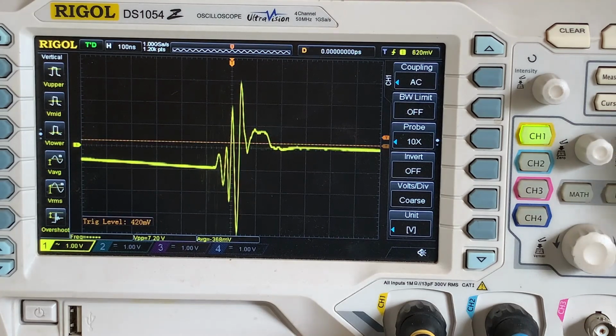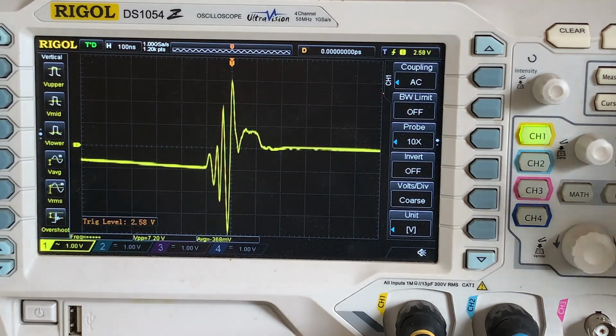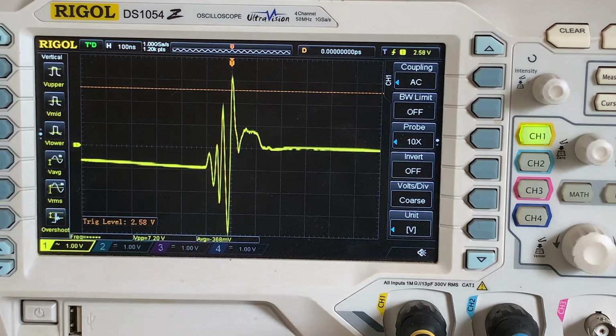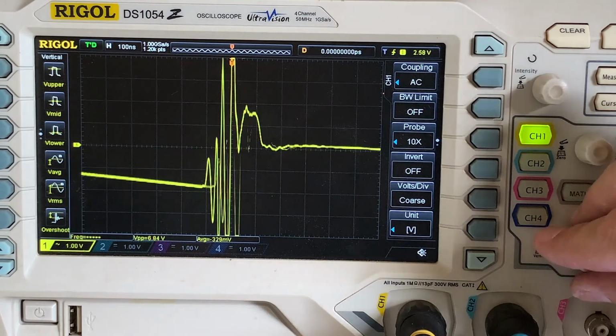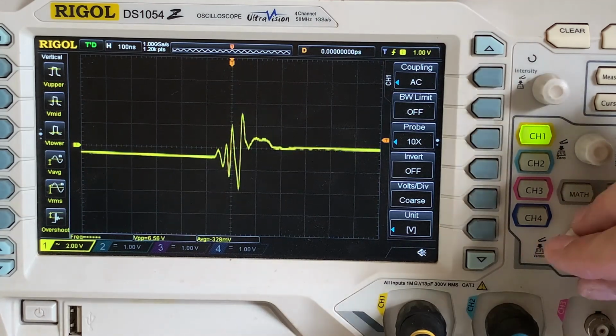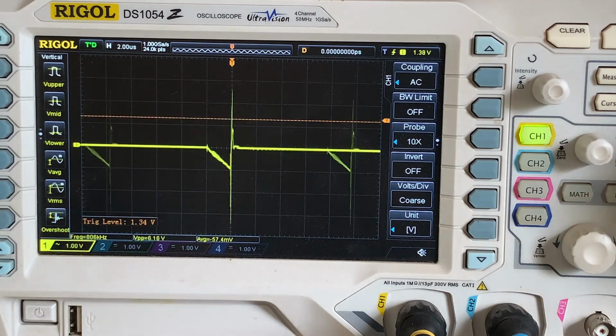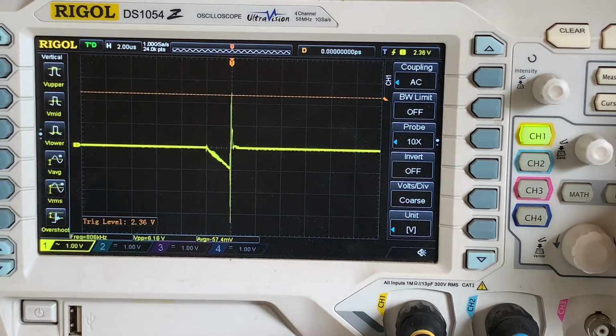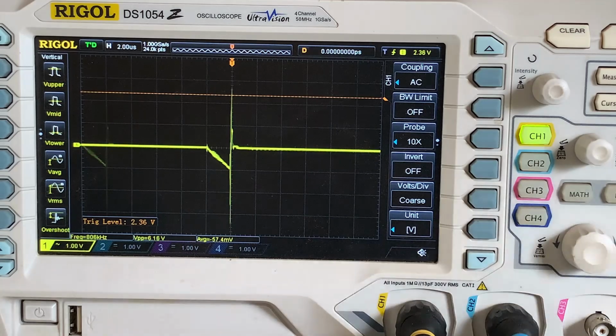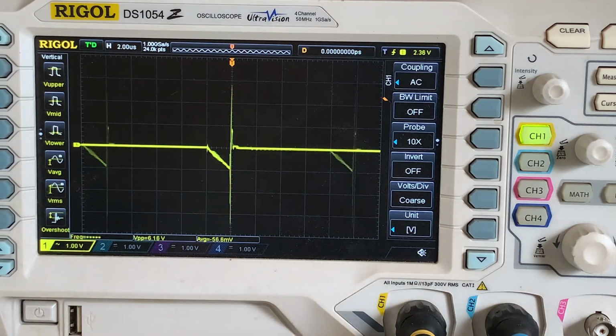I'm just going to set the trigger. So you can see we've got a little bit of a spike there, and let's increase the time base, and you can see it's happening every now and then. So I've got the capacitor out and I've only switched load in. I'll take the load out,